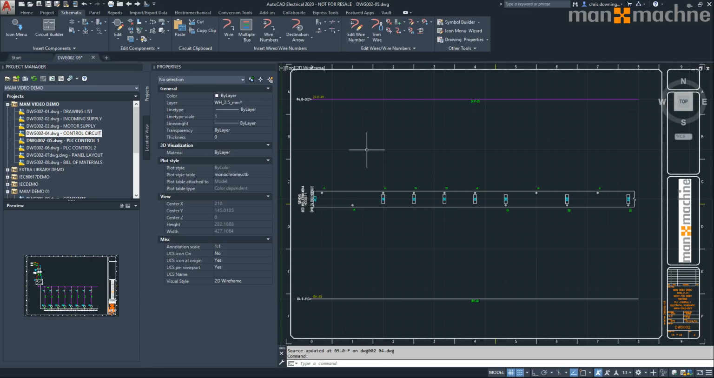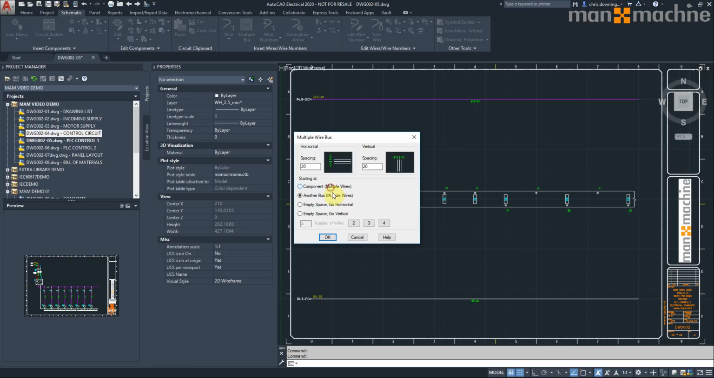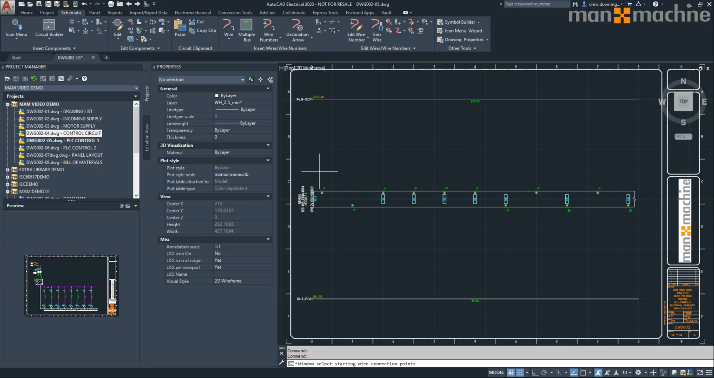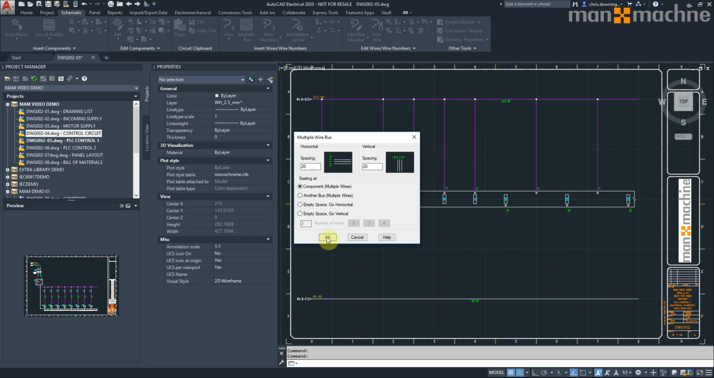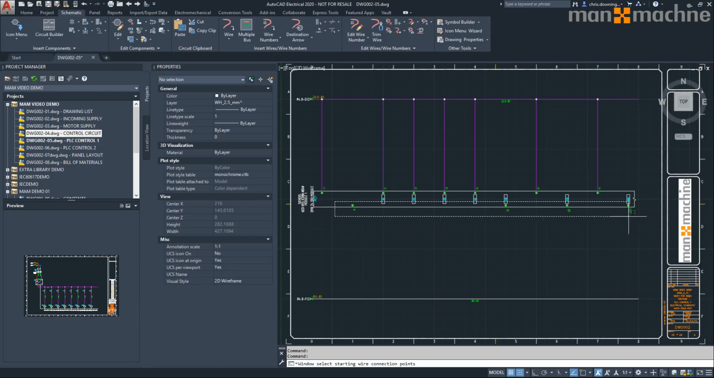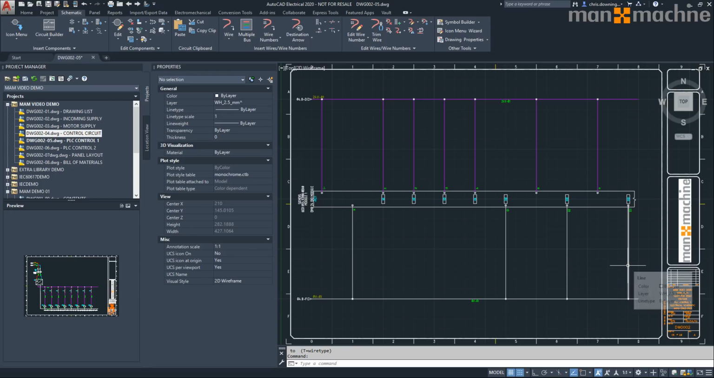And now I can do my multiple bus from a component, click OK, draw a box around all the connections there. You can see they've got little red diamonds on to show that they'll be connected. I'm going to move my wire number somewhere like that, and then I'm going to do another multiple bus from another component, draw a box around those pins and pop them down like so. You can see it intelligently sets up the wire layer for us,